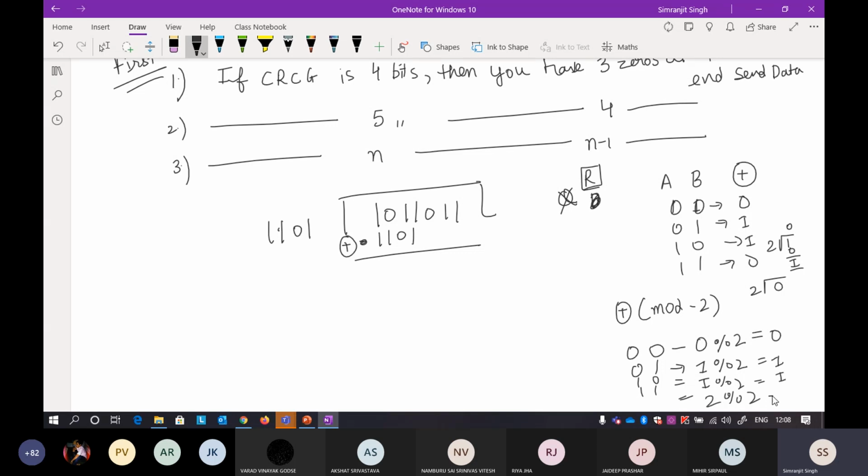And if you take a modulus with 2, it will be 0. So 2 modulus 2: 2 ones the 2, and the remainder here is 0. So we are seeing here why it is called a modulus circuit. If you add the numbers of the input and take a modulus of it, you can easily calculate the resulting XOR.